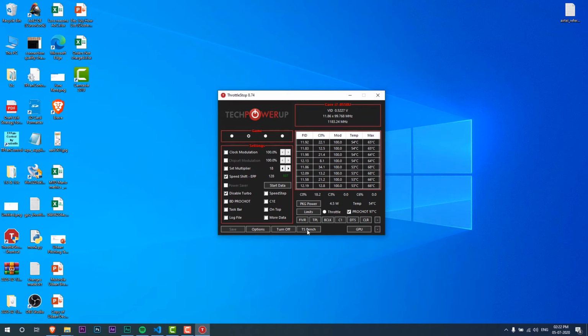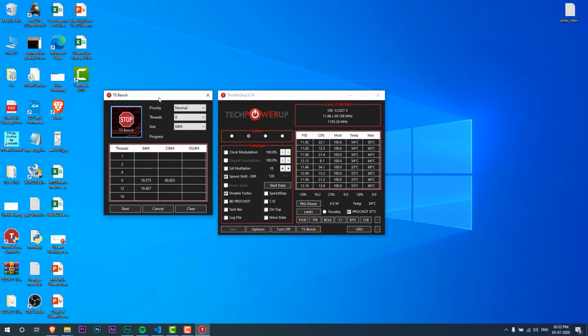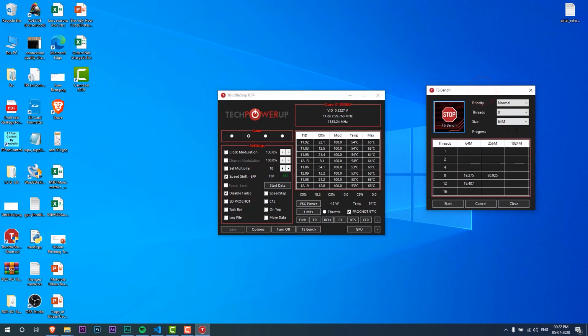So once you're done playing with the voltages, all you have to do is click on the OK button, and I do recommend using some kind of benchmarks. ThrottleStop has an inbuilt benchmarking tool. You can benchmark it for 12 threads and the size of 256M, and ensure that your undervolt is stable. I've done it a couple times for my laptop, and I know around an undervolt of 80 millivolts is more or less stable for my system. So I'm not going to run the benchmark again, but it's very important that you ensure that your system stays stable, and the best way to check for that is running these benchmarks.